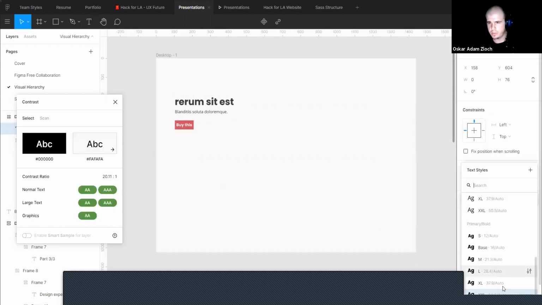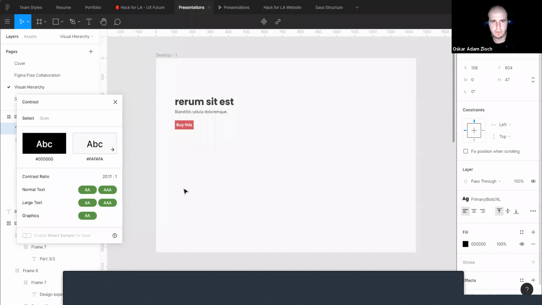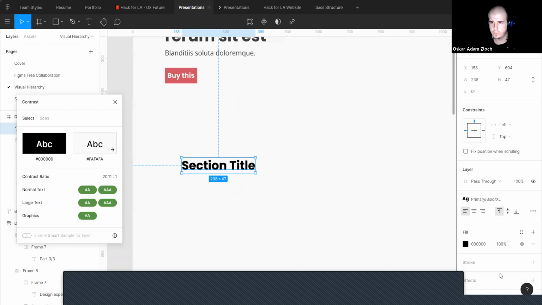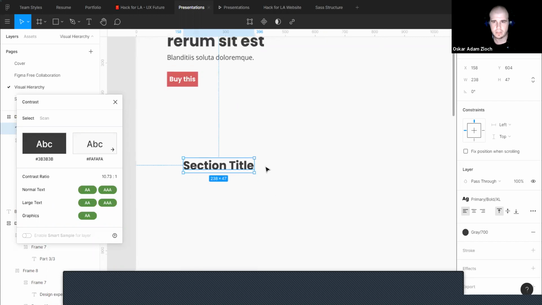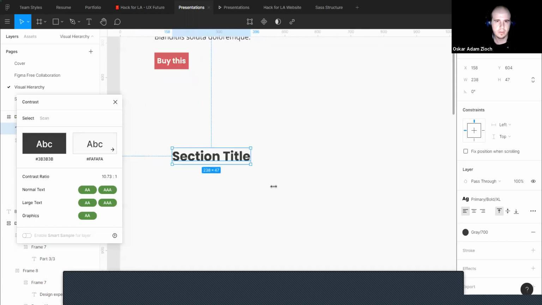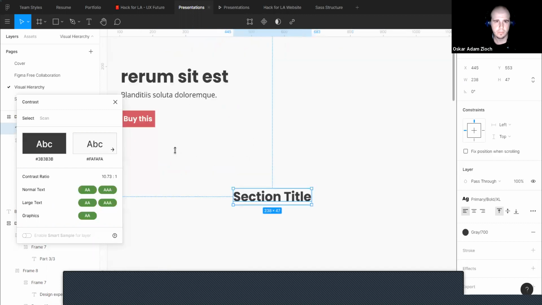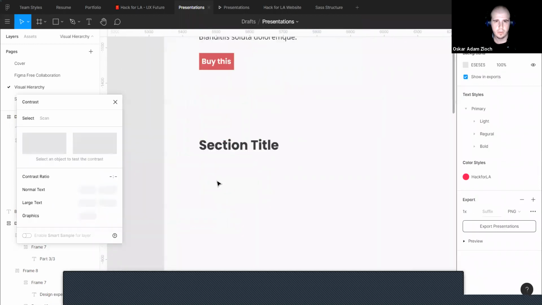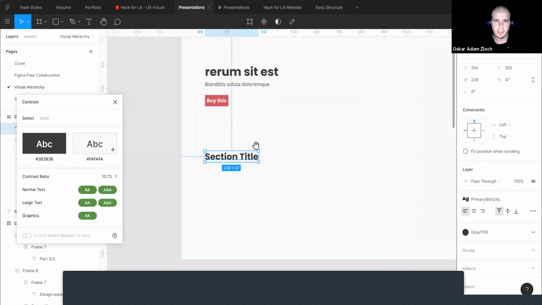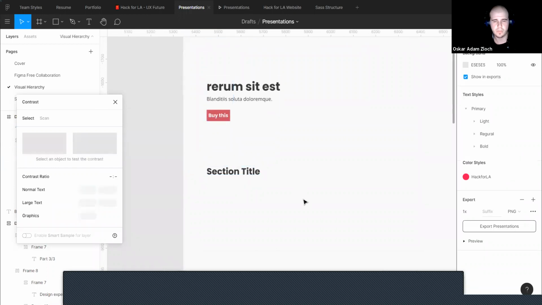I will go, I don't know, one level lower. Section title. Oh yeah, this happens. You have to have selected the whole thing. And yeah, we can go with the gray or even with this red, but